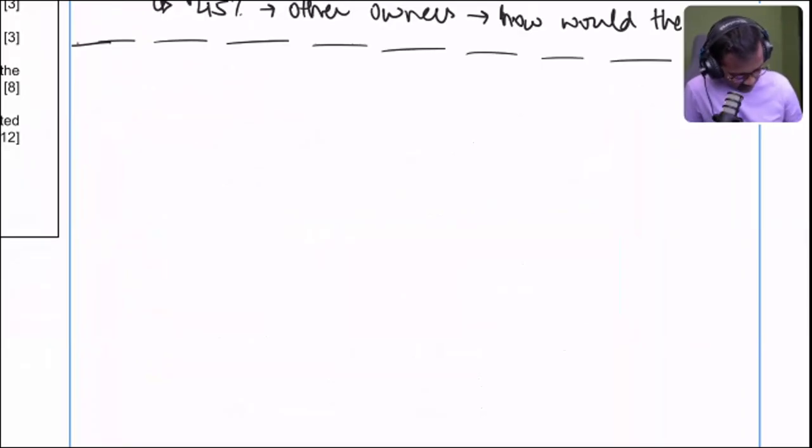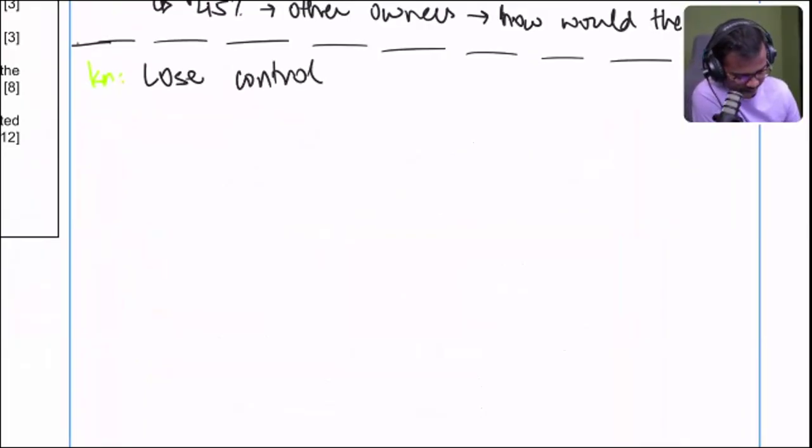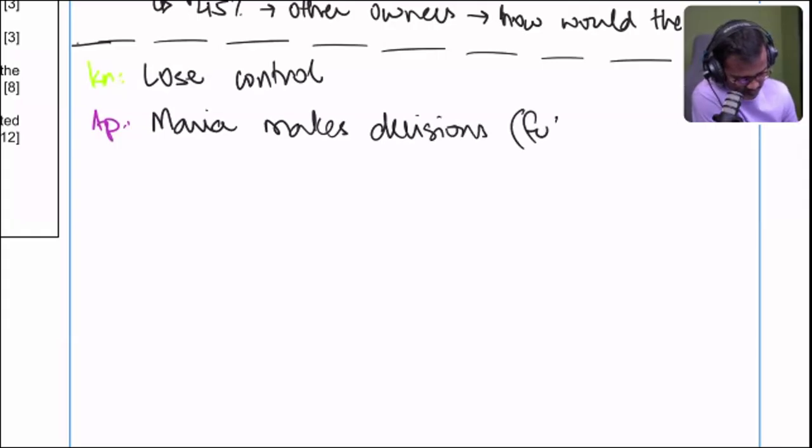line. And then obviously no need to define again, no need to set up the application again. You talk about the disadvantage of becoming a public limited company. And that is very obviously, you lose control. Okay. And what I can use here is that right now, Maria makes decisions about the future, and she's decided in the future they're going to do touch screen. So just explain that situation. Touch screen computers is what she thinks,